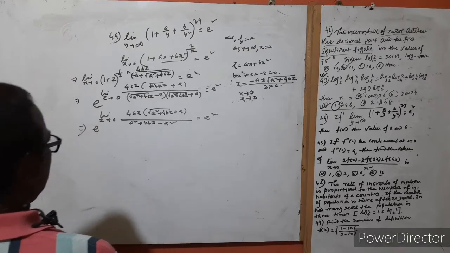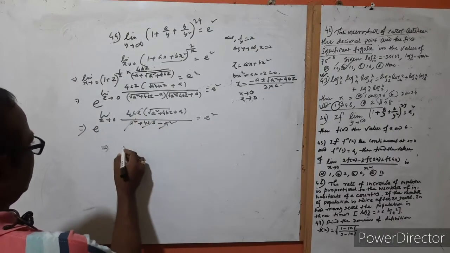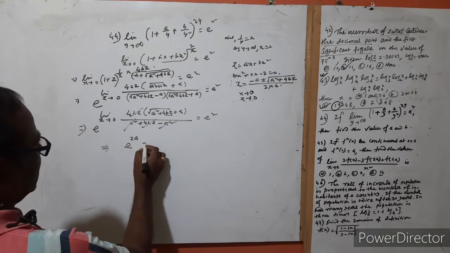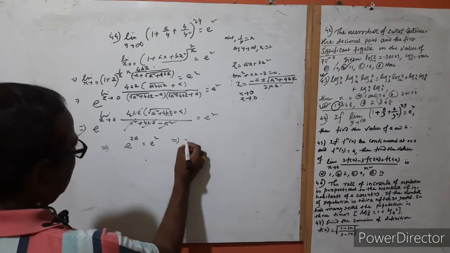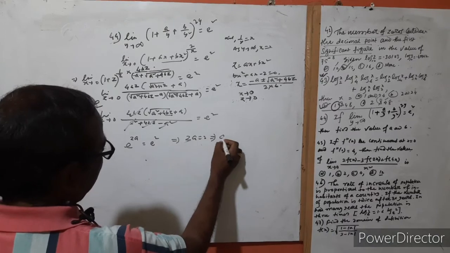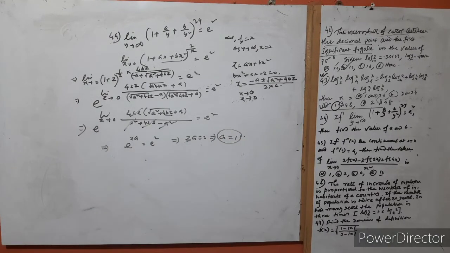So see, a square is cancelled, 4bz are cancelled. If we put 0, then we get here, this is 0, a square a plus a, this is twice a, and this is a square. So we get here twice a is equal to 2 and a is equal to 1. Okay, now for finding b, see the technique